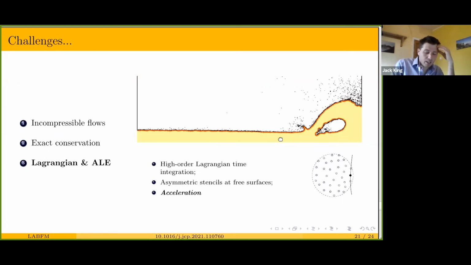But these may involve several substeps, each with the nodes or particles at a new position, in which case we're then going to have to recalculate the weights at every substep. So I think the most significant challenge in making large scale, high order mesh-free schemes feasible is going to be the acceleration of solving the consistency correction